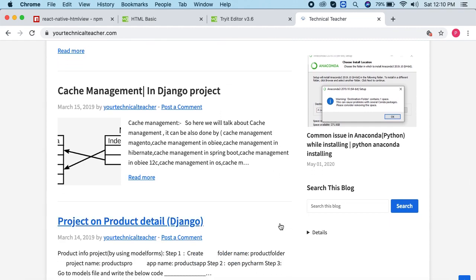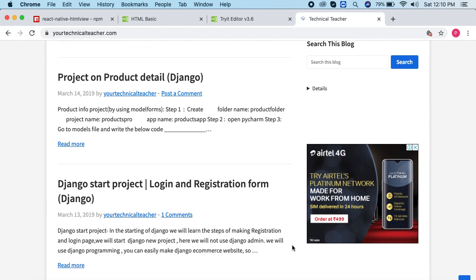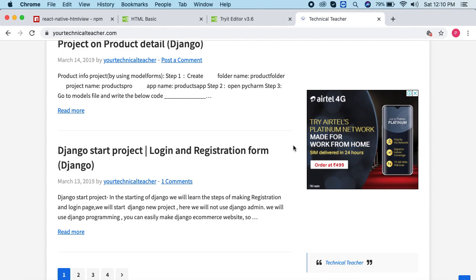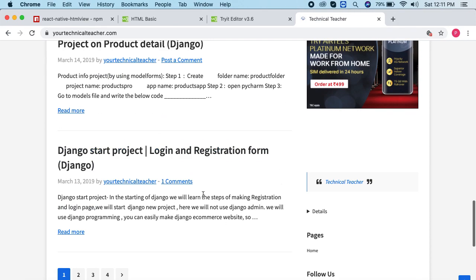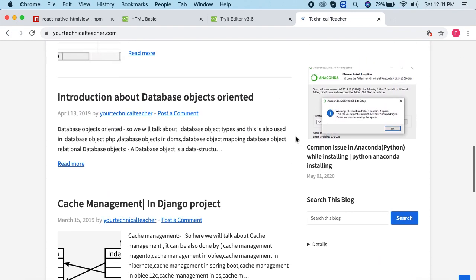If you are new to Django and wondering where to start, you can see all these things from here. If you have any query, you can comment in the comment section or query directly on this blog, and he will definitely reply on the same thread.